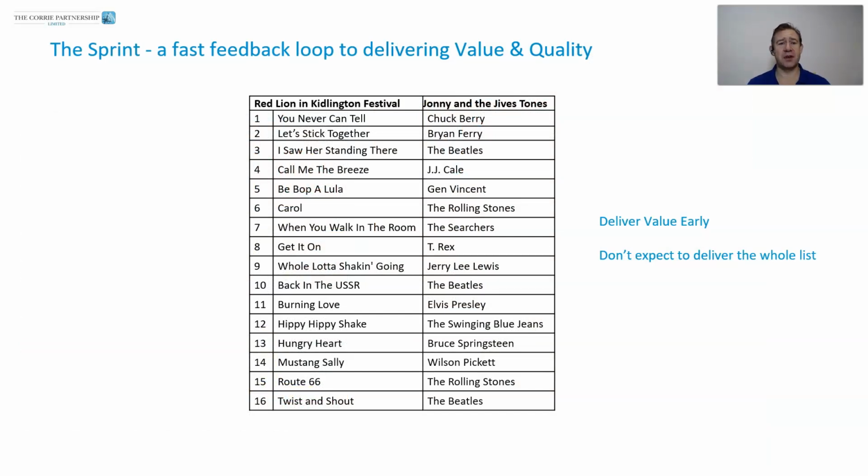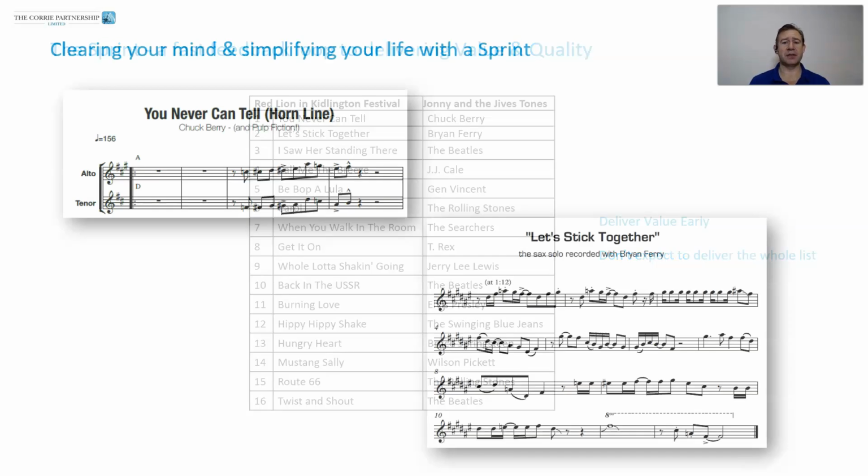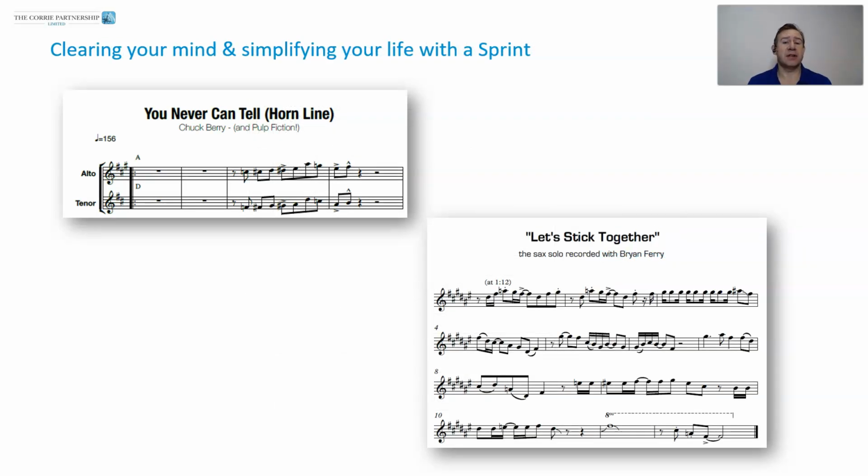This was the list of songs that we were going to play, and I had about 2 weeks to get ready for this gig. Obviously, I was not going to be able to meet up with him in that time because they weren't getting together to do any rehearsing. They already know exactly what they're doing. So I had to figure this out myself. I got hold of Spotify, got hold of the songs, and decided to start learning.